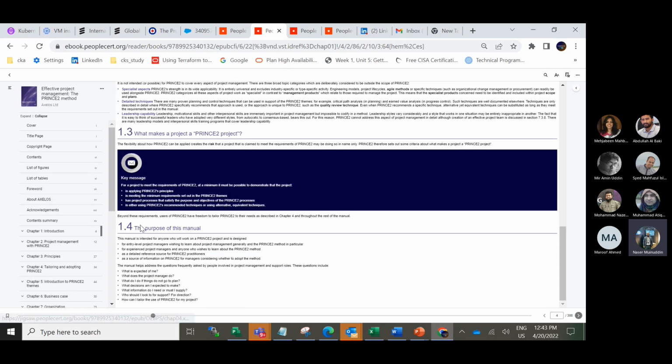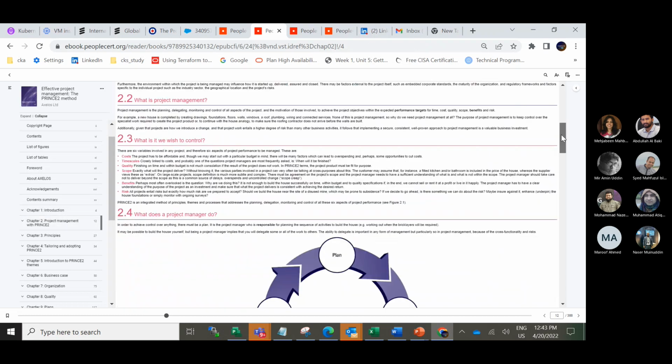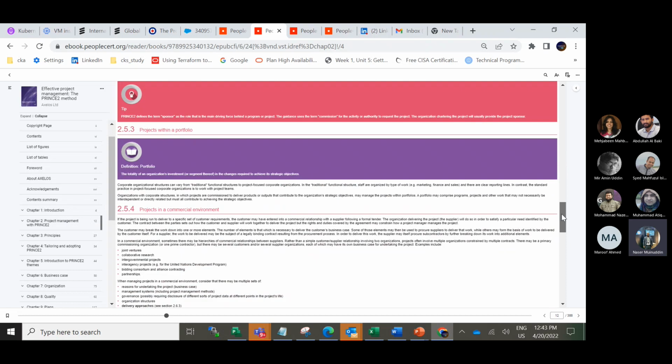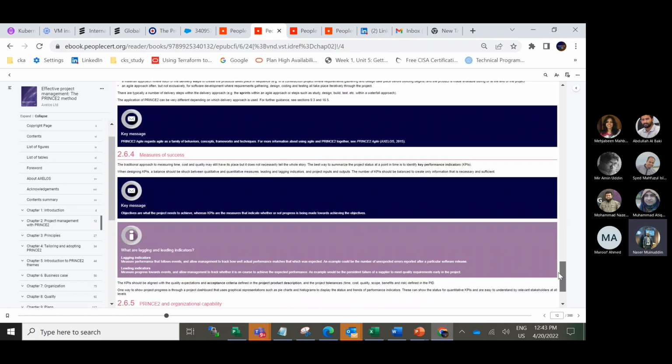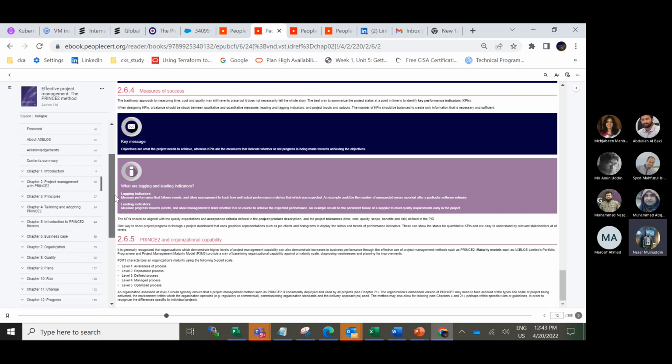You can get a hard copy from your vendor, or you can purchase it online. This is the diagram showing its objective. If you want the Foundation, it's not too difficult, but for the Practitioner exam you need to connect everything so that you can understand the scenario.